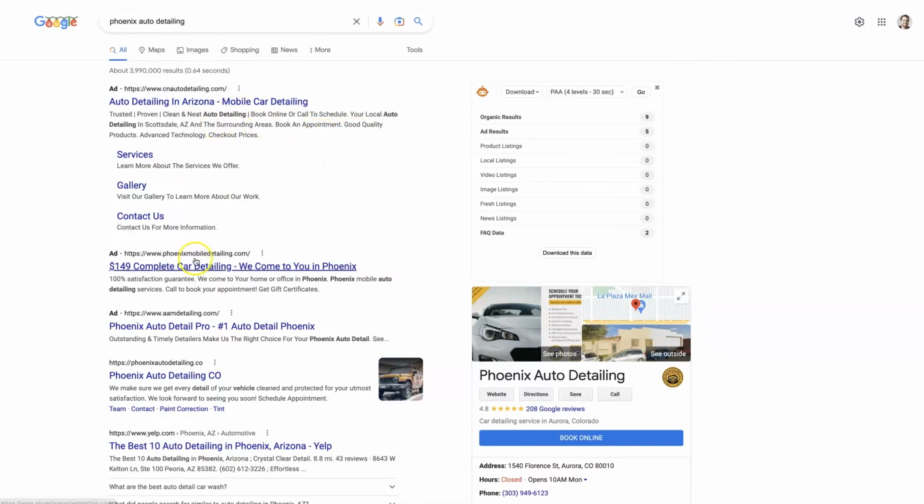So the more prominent your ad is, like this ad right here is going to get way more clicks than this one, because this one's tiny and there's barely anything going on here. The only reason this one is so large is because they added site link extensions right here, as well as callout extensions right here. So that's made this look like a pretty sizable paragraph. And then it has these drop down links here, whereas these two don't have